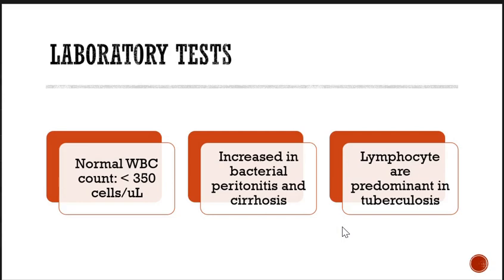Okay. So laboratory test, normally ang WBC within the peritoneal fluid is less than 350 cells per uL. Okay, so if there is an increase in bacteria, there is an increase in WBC, okay, we can associate it with bacterial peritonitis and cirrhosis. Okay, so if your neutrophil is greater than 250 per uL or 50% of the total,